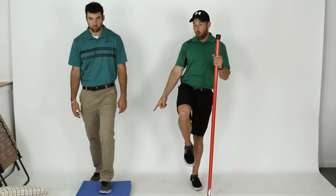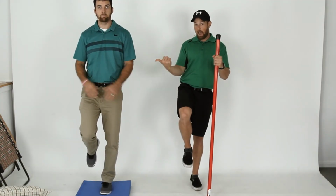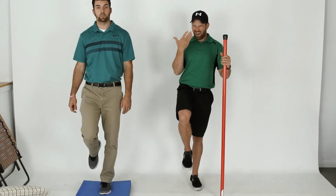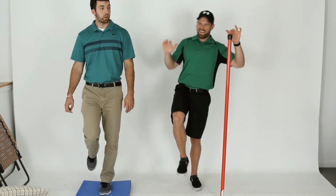Alex has foam he is standing on. I'm holding on to the Booyah stick. So this would be easier. That would definitely be harder. Another variation you could do is closing your eyes. If I close my eyes for 15 seconds, I mean, look at me. Like, I would not...